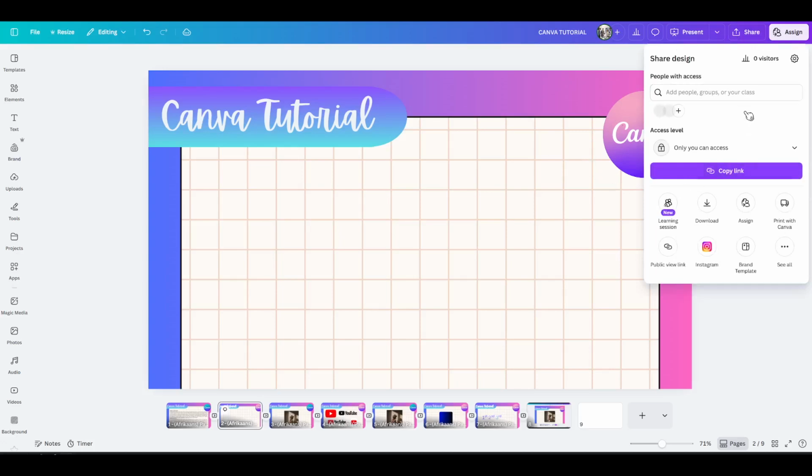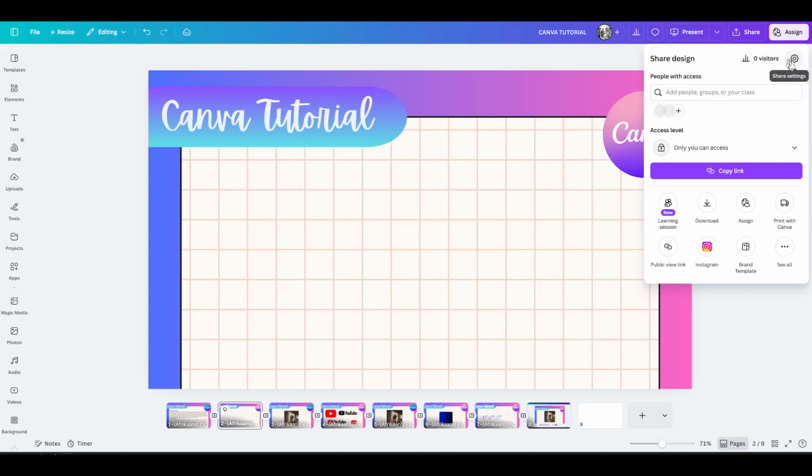When the sharing panel opens, you'll see options that describe who can access the design. Set the access level to Only You Can Access. This option ensures the design stays visible only within your account, with no collaborators, no public viewing, and no unintended edits. It's the strictest privacy setting and is ideal for sensitive drafts, client work, or templates you're not ready to release. If you previously granted access to other people, whether as viewers, commenters, or editors, you'll want to remove those